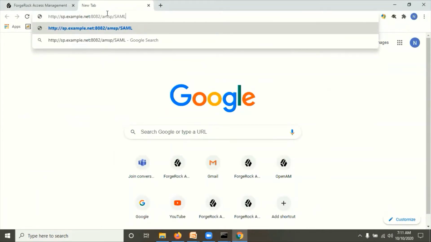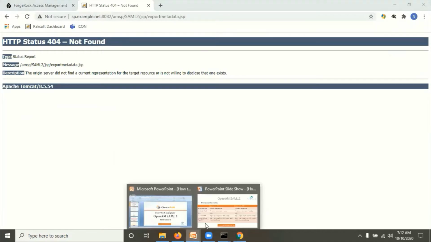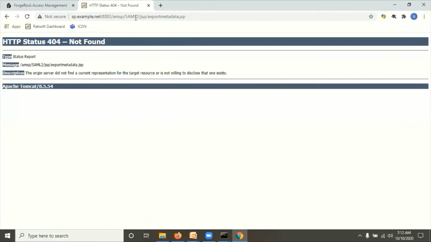SAML2, JSP, export, metadata.jsp. So the URL may be wrong, so let's see again. What is it? SAML2 export metadata. Remove this JSP. Oh, it's wrong.